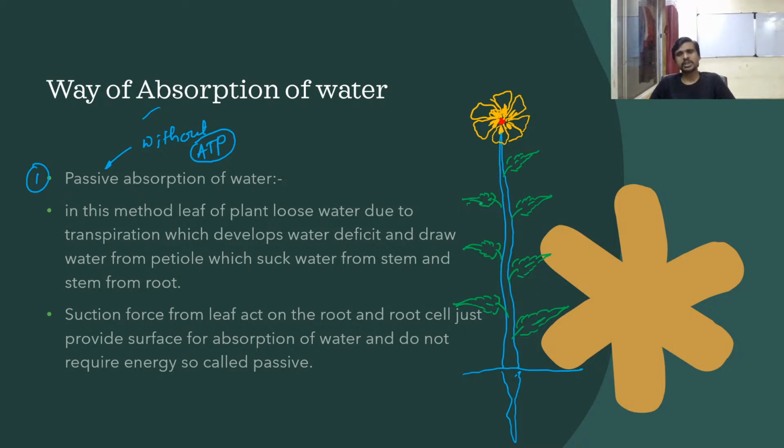synthesize food. Okay, so guys, let's see what happened when the leaf loses water. What is meant by losing water? Because of sunlight coming and making contact with a leaf, there will be an increase in temperature. So the temperature of your leaf is now going to increase, and because of that, the water which is available in liquid form converts itself into vapor form, and this vapor form leaves at the point where there is a hole in the leaf.